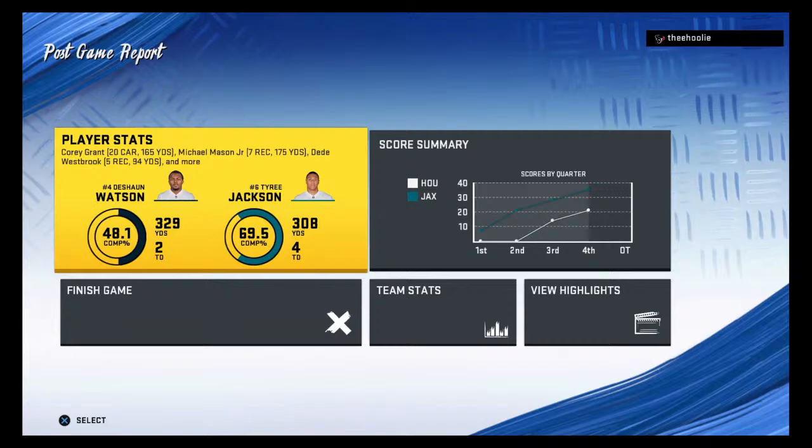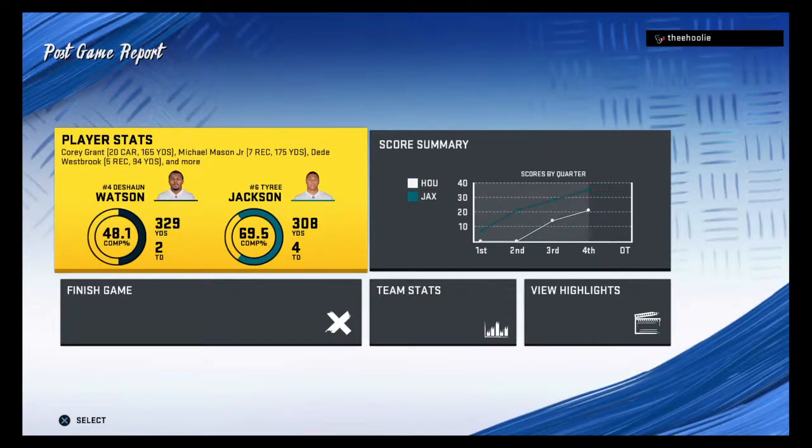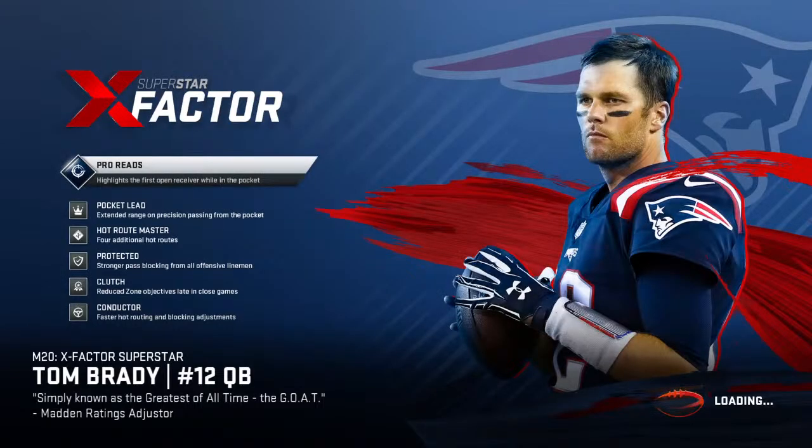So for the Jaguars, that'll be a happy locker room as they start this season 1-0. And they will hit the road next week to take on the Kansas City Chiefs. Meanwhile, for the Texans, they go down to defeat here at